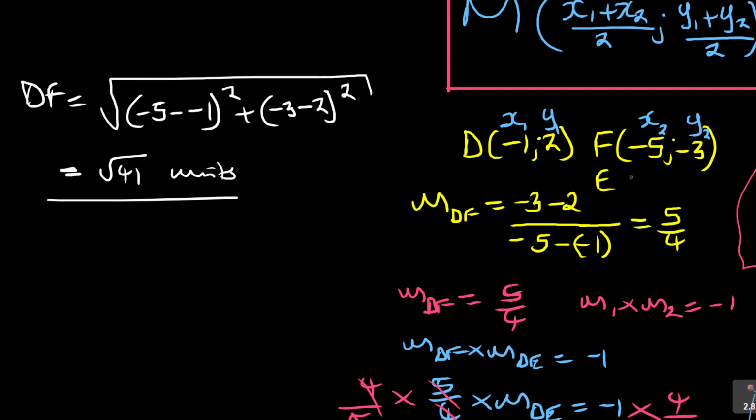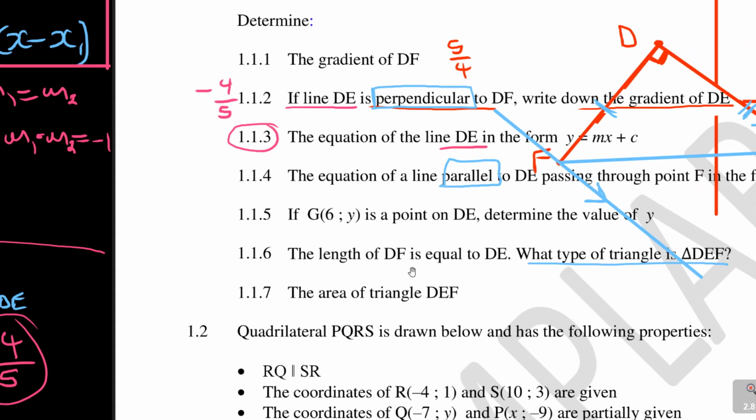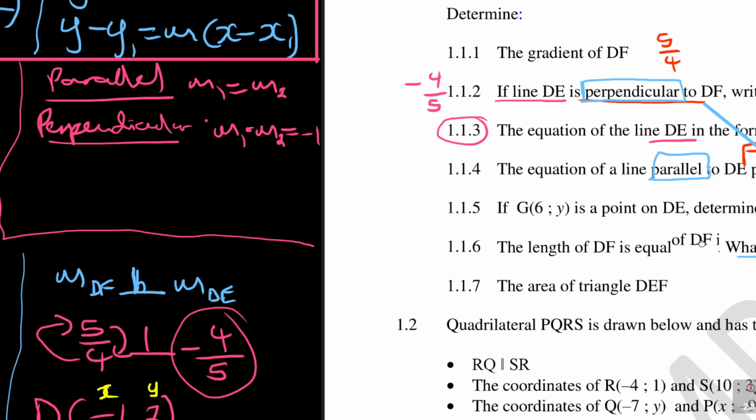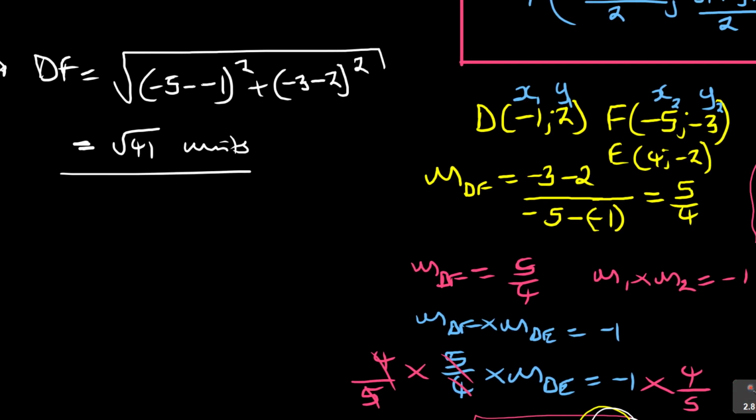Somewhere here it has 4, negative 2, and they say DF, if DF is equal to DE. Now let's look at DE. Using this point, DE is equal to the square root. I'm using the same formula. Now this DE, I'll use the second one as my